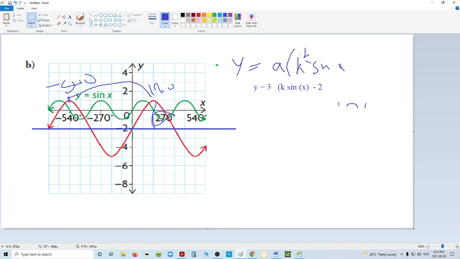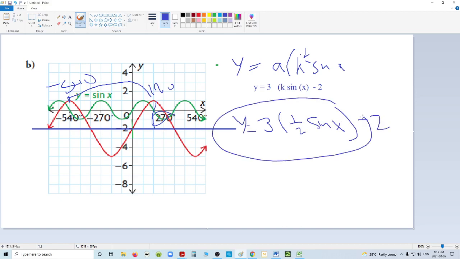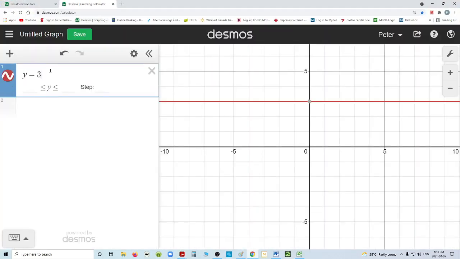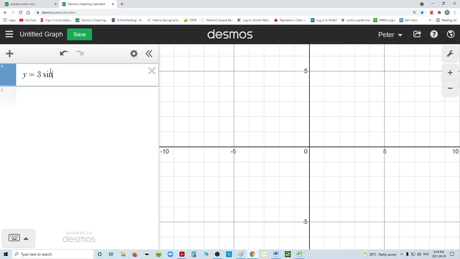here, since the period doubled, is 3, open brackets, 1/2, nothing changed in the phase shift, so it didn't move left or right, -2. And that is the new formula. So if you can identify A, K, there's no C or D or whatever they use, but there is a D, -2. And if I use Desmos, you're going to discover that sure enough, y is equal to 3 sine